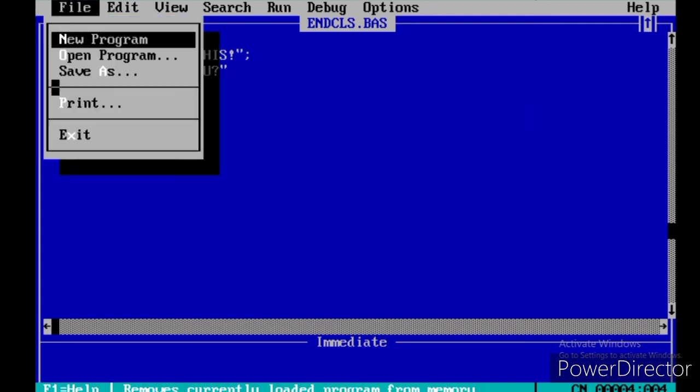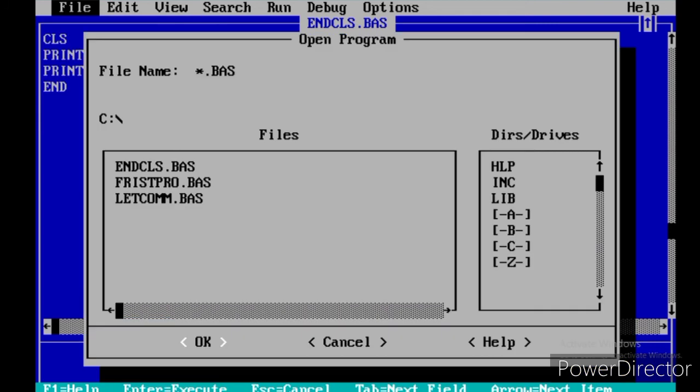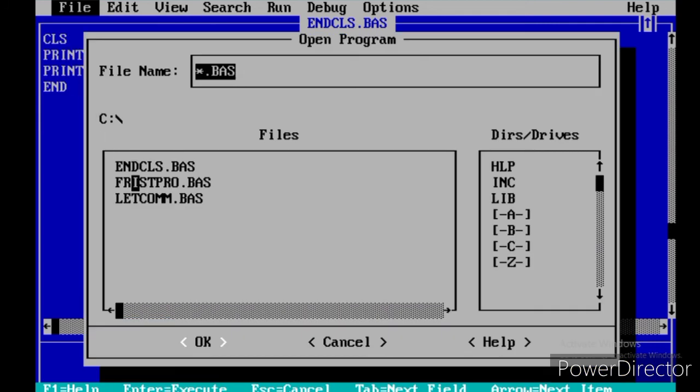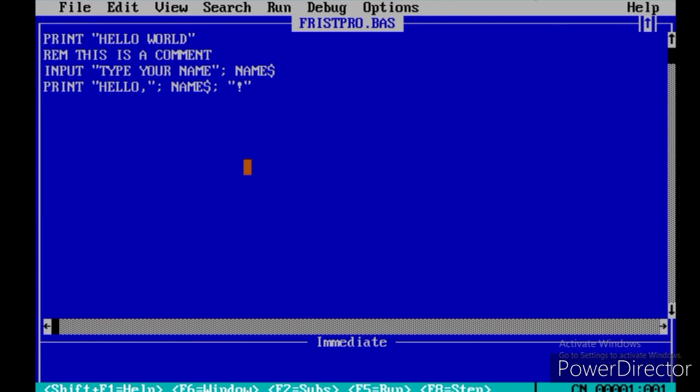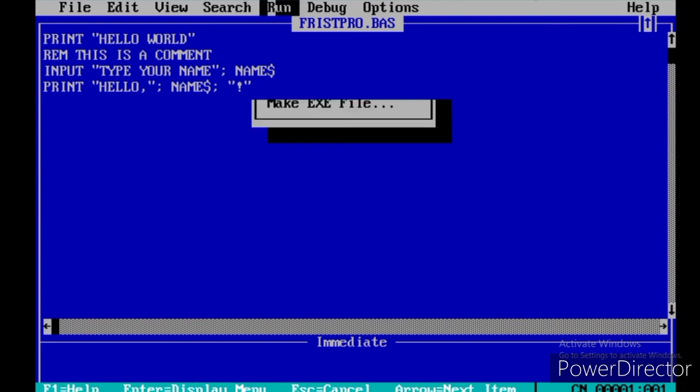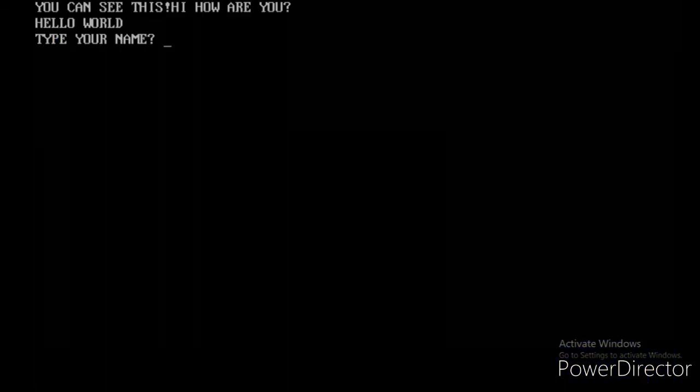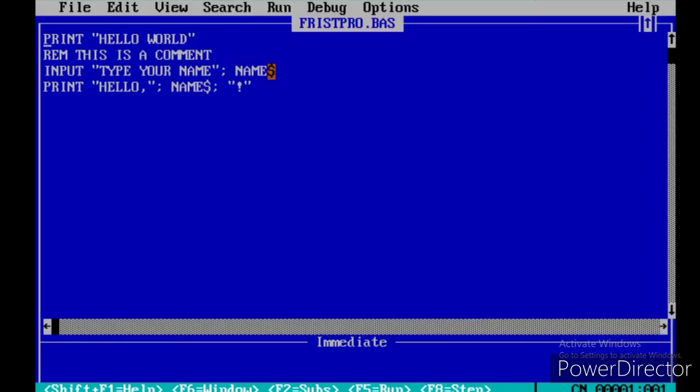Now from here I can exit, or if I want I can open another program. Like, this was our first program, remember? Run the program from here and type your name. Suppose I type it as Anu, and then it comes as hello Anu. This was our first program, right? So how to open a program?